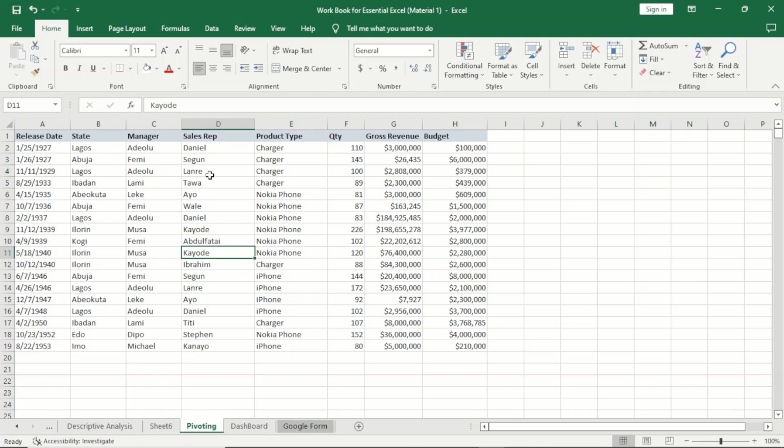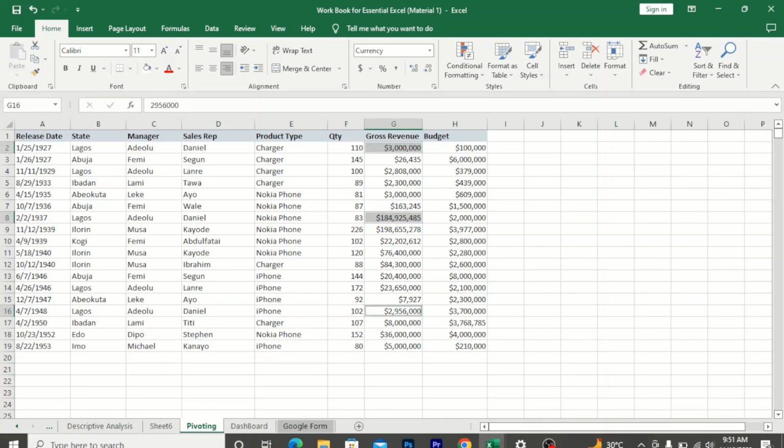I think, how many times did Daniel appear? This is Daniel, right? We have another Daniel here. So let's calculate this plus this. I think we still have another Daniel. This is another Daniel. So you will see the sum total is